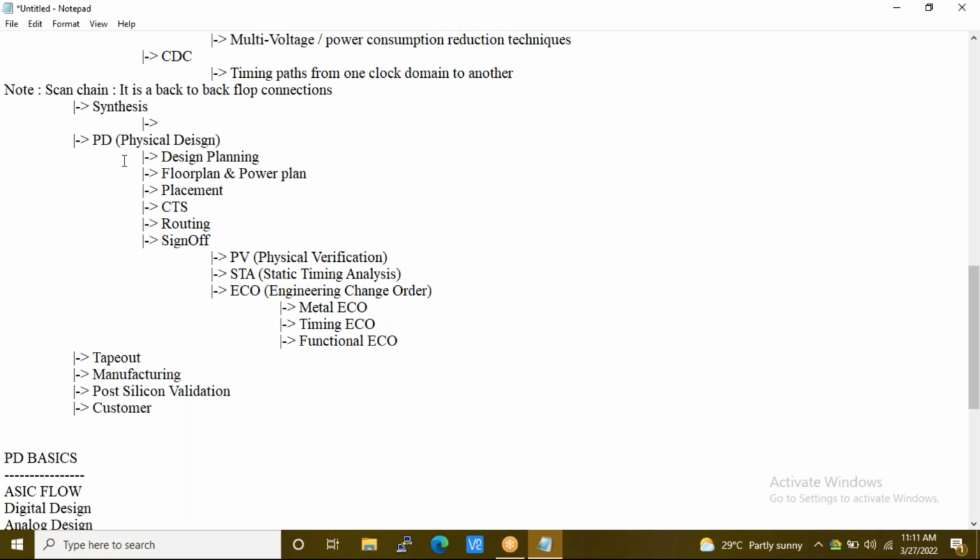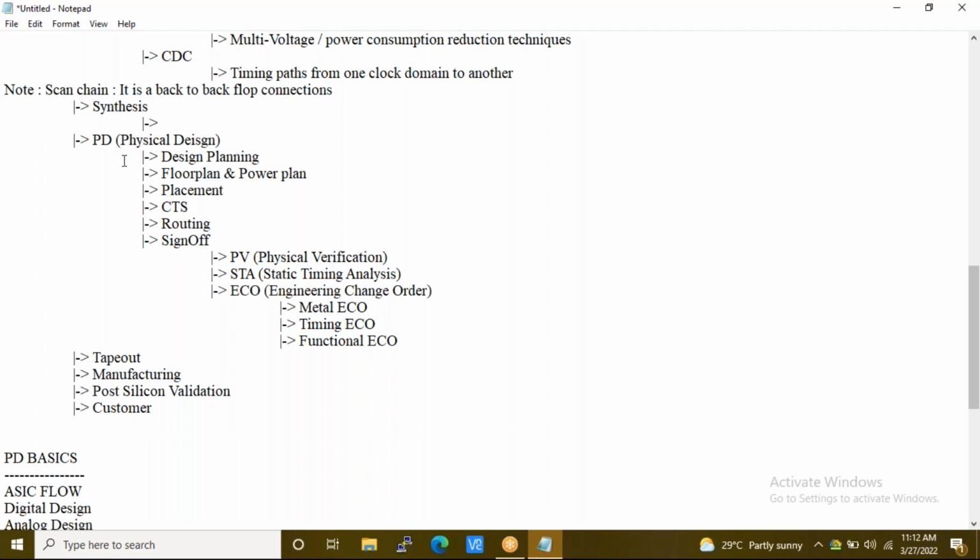So what we are trying to do here is, in this 4 months duration, along with the physical design flow, we will also be teaching the concepts of synthesis, static timing analysis, and physical verification. So the course will help you with 4 aspects of the backend flow. What are those 4 aspects? Can someone tell me? Timing, area, power. In summary, we are going to do the PNR flow, placement and routing flow, and we will also teach synthesis. We will also teach static timing analysis concepts. We will also teach physical verification.